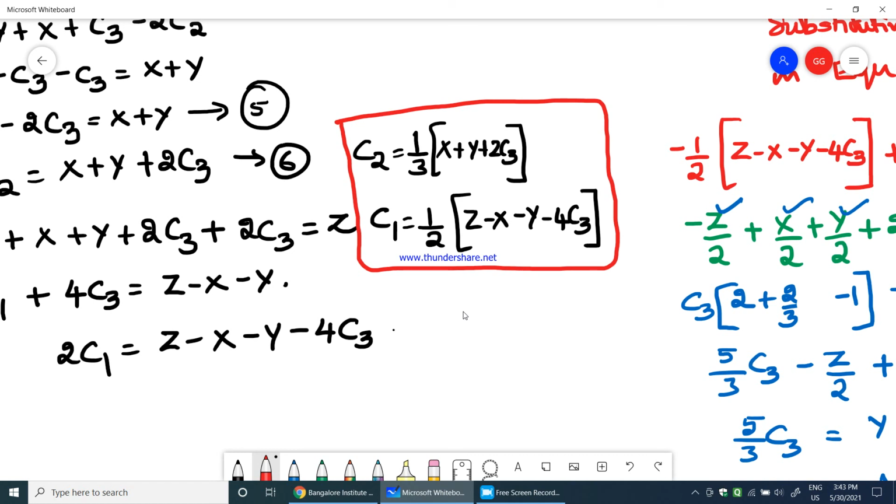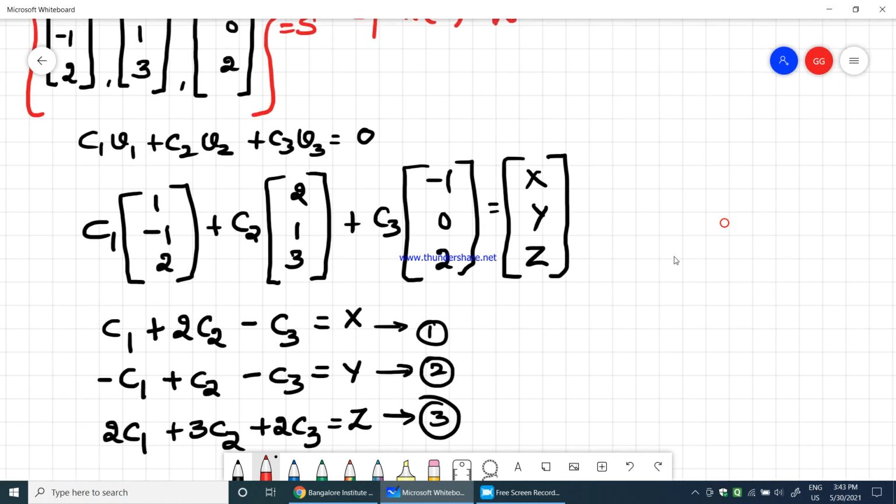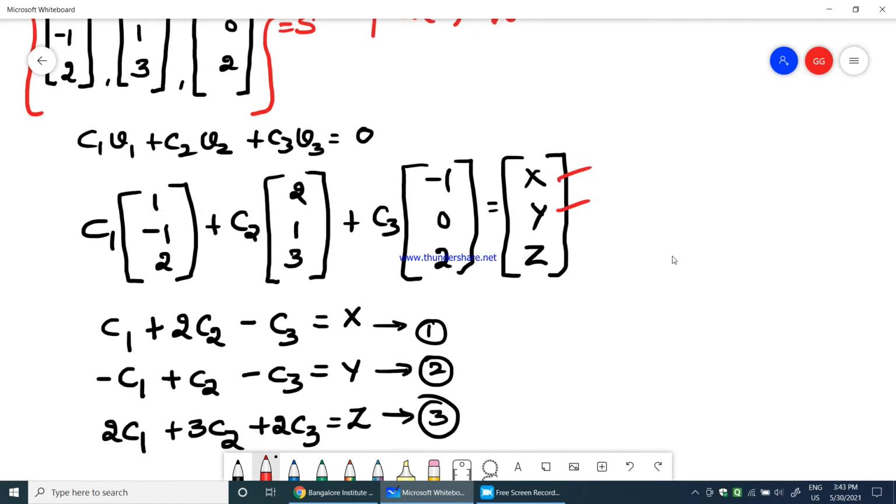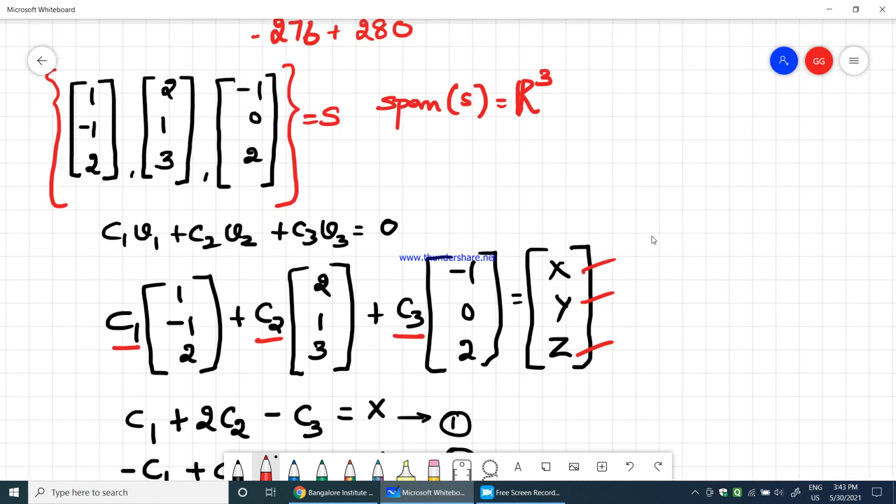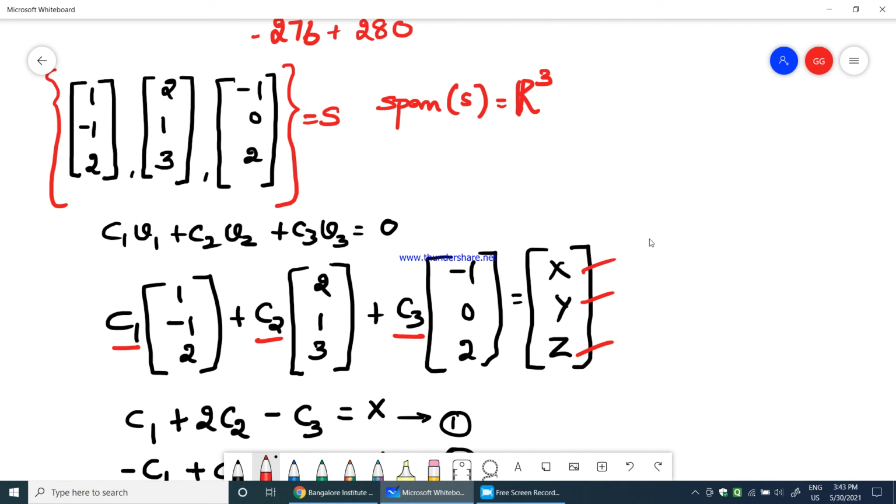Okay, so x, y, z, think of it as any set of three real numbers. Now if x, y, z are three real numbers, then definitely with those three equations of C1, C2, C3, if you substitute C1, C2, C3 here, you will be able to get a vector that would also be real numbers, which would be a combination of these three vectors. Therefore, once you get that real number, then definitely span of S will lie in R power 3.